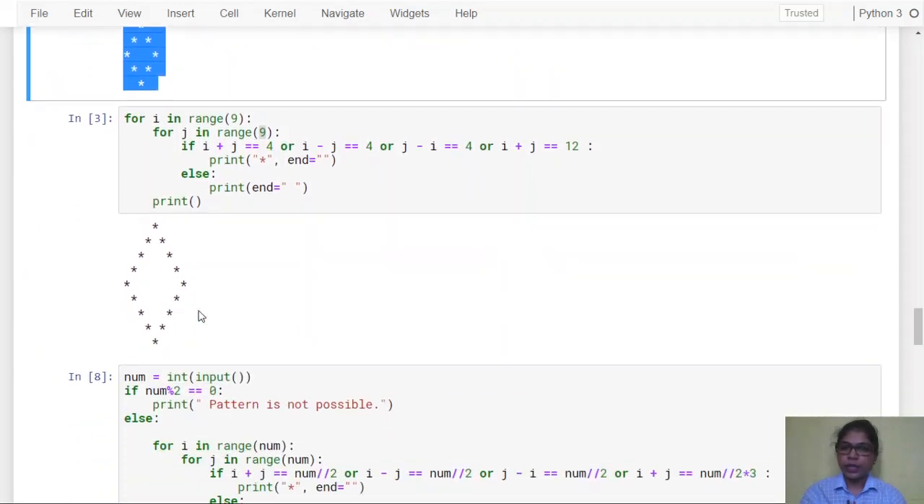And again if we consider the size 9, we will have row plus column 4, row minus column 4, column minus row 4, and the addition of the column and row 12. So